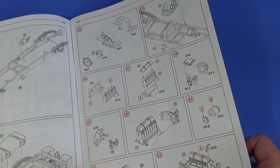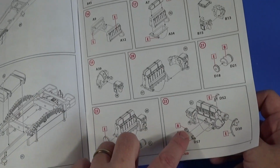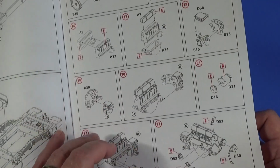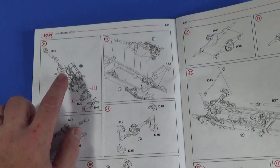Yeah, it's quite a detailed little chassis. There's an engine, of course. As I say, it's got a distributor, therefore you could wire up the spark plugs to the distributor with a little loom, if you wanted an extra bit of detail, I suspect. Transmission,